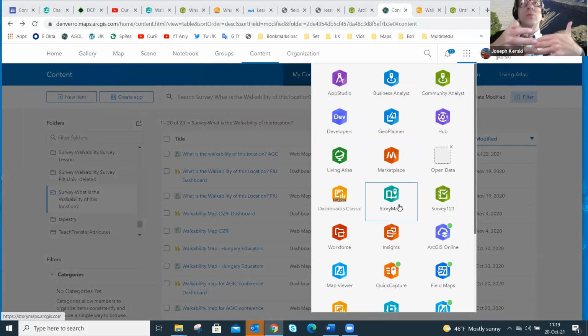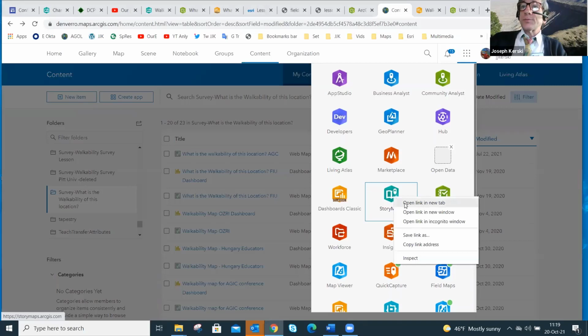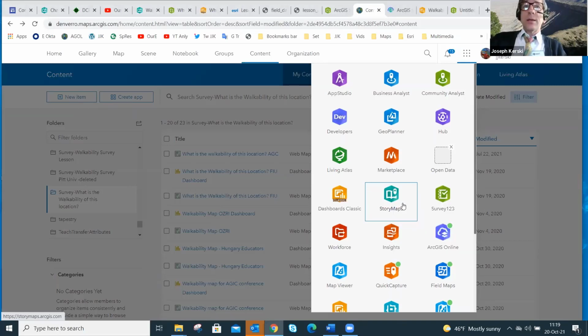I can also go to, like we did with Survey123, storymaps.arcgis.com as well. Multiple ways to get into things. Kind of depends on your comfort with the way you do things, and it really doesn't matter as long as you can get the job done, right, folks? So let's go ahead and go into story maps.